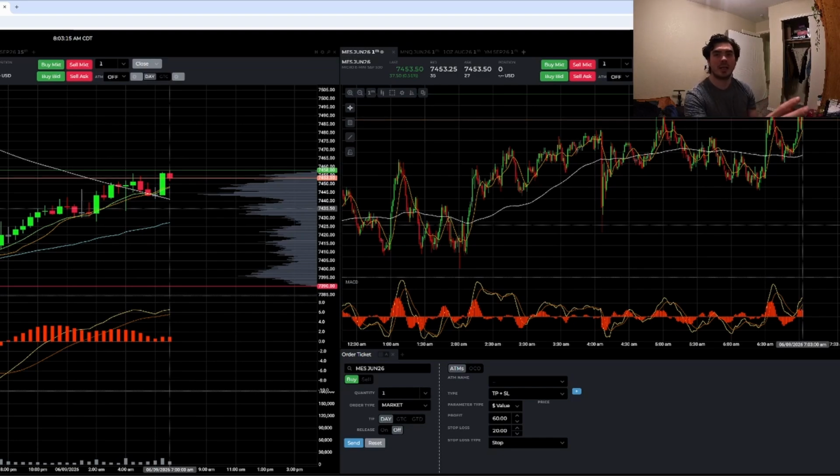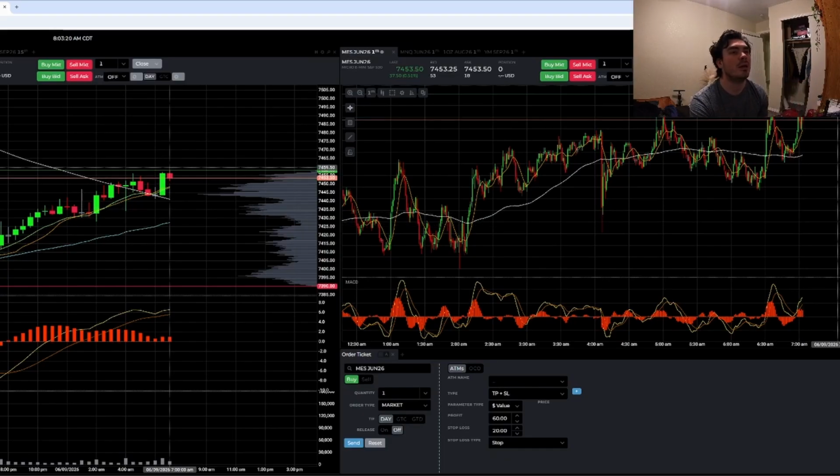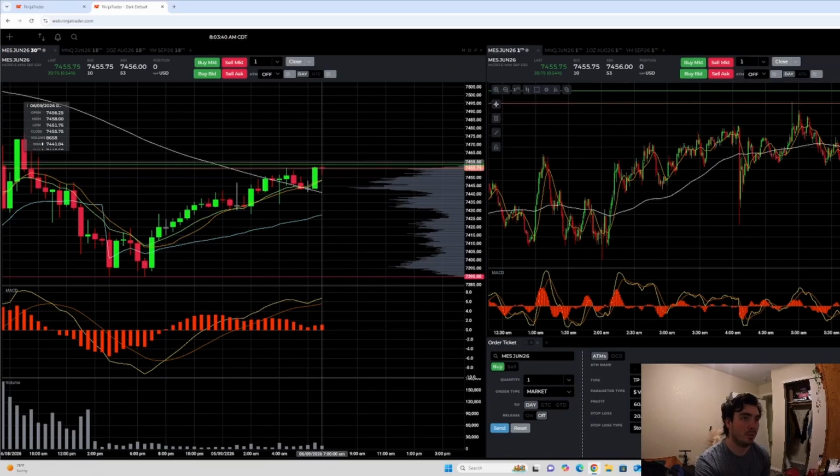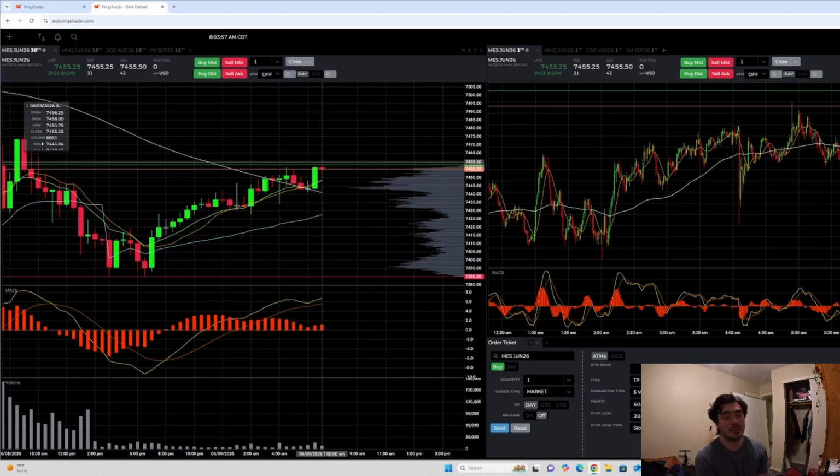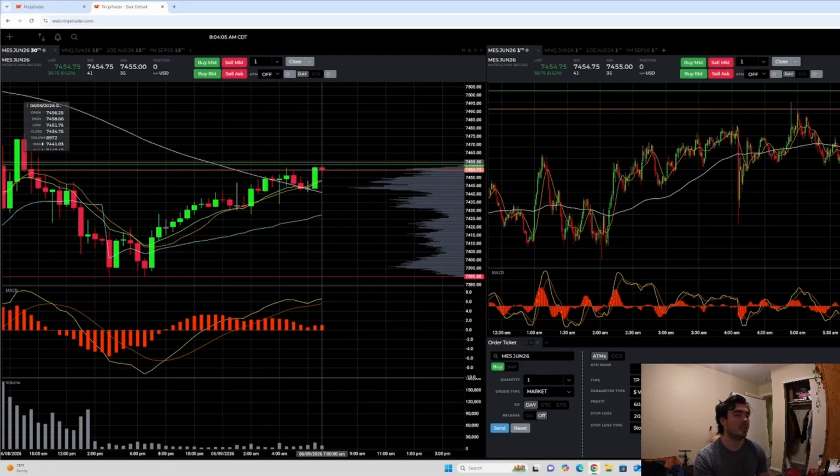This is of course a simulated account. I don't know if you can see it on the screen, but right here is my buying power. I'm starting off with $1,000. I want to see if I can consistently make profit first on a simulated account before starting with real money. And I just deposited $100 into the account. I will continue to deposit probably about $100 every week or so,